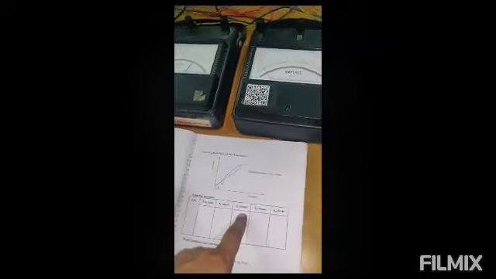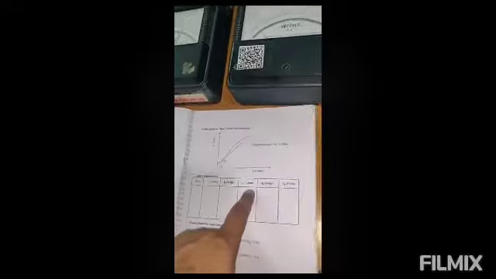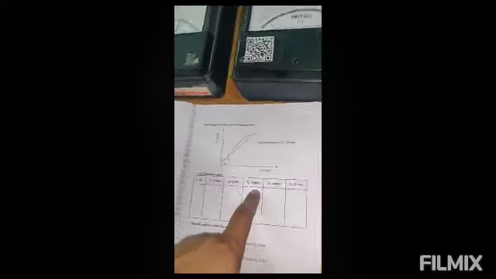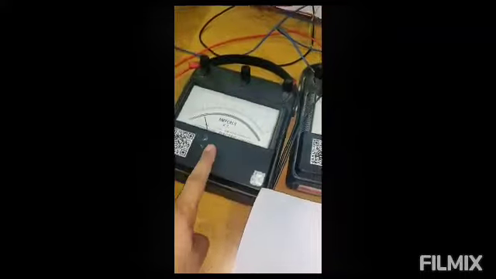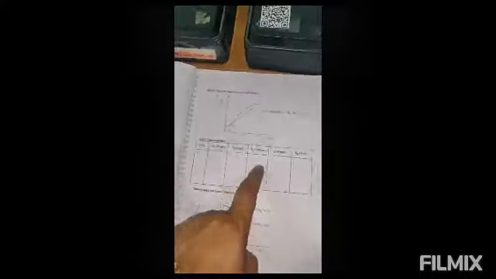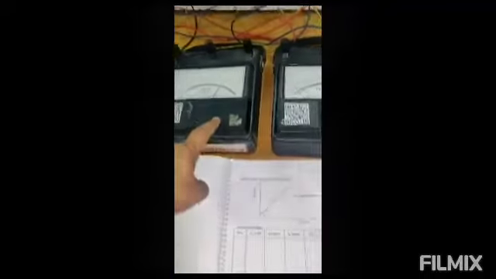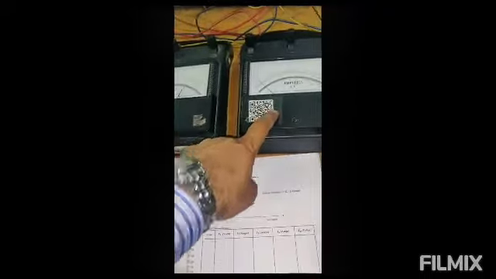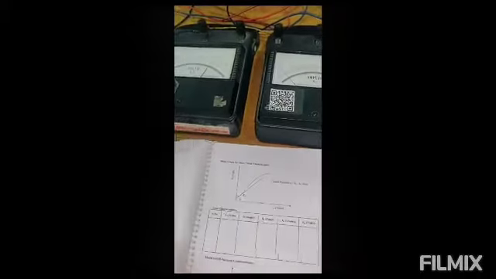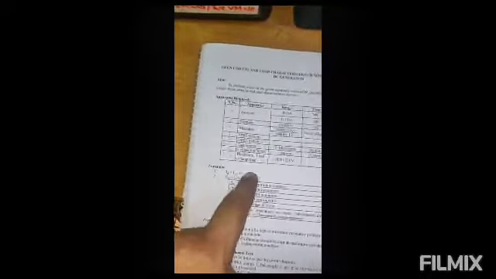And what is the value of IL? Previously IL was 0 because it was open circuit. Now there is some load, so there will be some load current IL. This is the IL. So you will write down the values of IL, VL, and IF. All three values you will find, and then for these readings you will apply the formula: EG is equal to IA RA plus VL. When you apply this formula, you can find the values of IA and EG, and then put the two values of IA and EG over here.